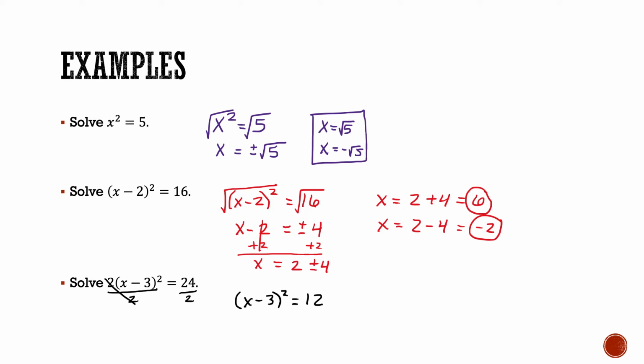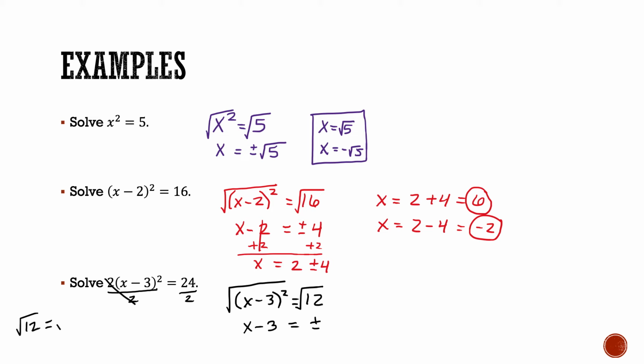Once we get it in that format, we're now ready to extract the roots. So we'll take the square root of both sides. Again, the square root of something squared leaves us only what's underneath. So on the left, we'll just have x minus 3. And on the right, we're going to have positive or negative. And we do need to simplify that square root of 12. So remember that the square root of 12